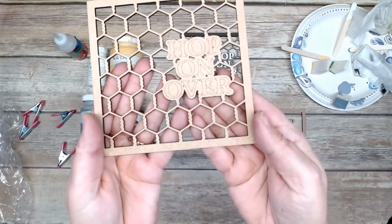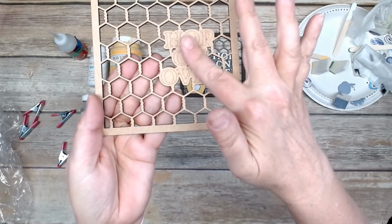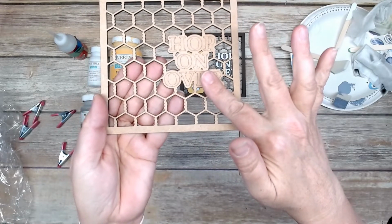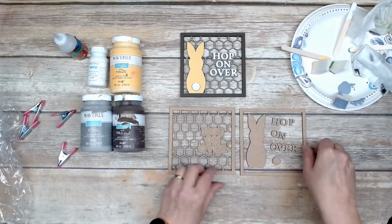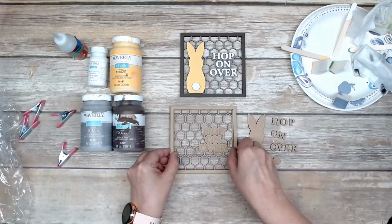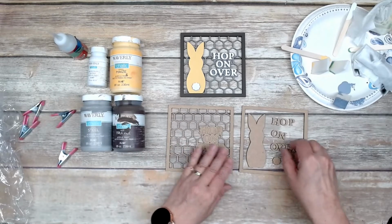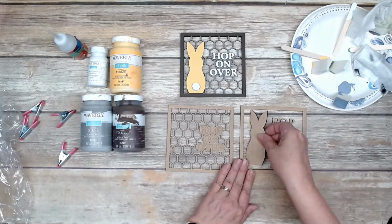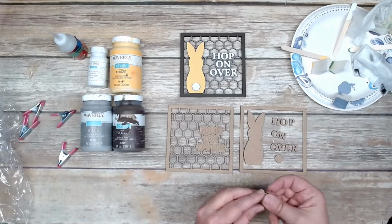And you can see this faint little outline where each letter goes, and that makes it so you know where each letter goes for placing it and ease of placement. Then again, there's the little frame. It only fits one way, so make sure you dry fit to get it on there correct. Has the bunny, and then the remaining pieces, the letters and the little bunny tail, have an adhesive backing on